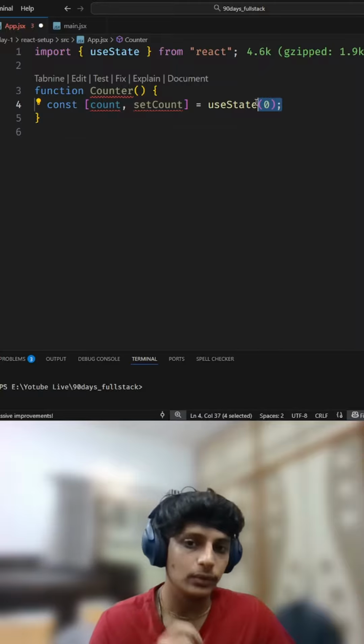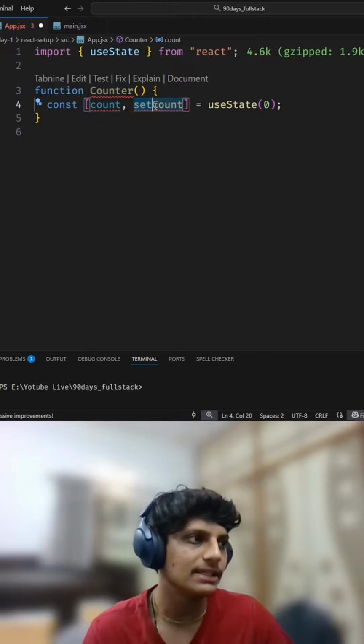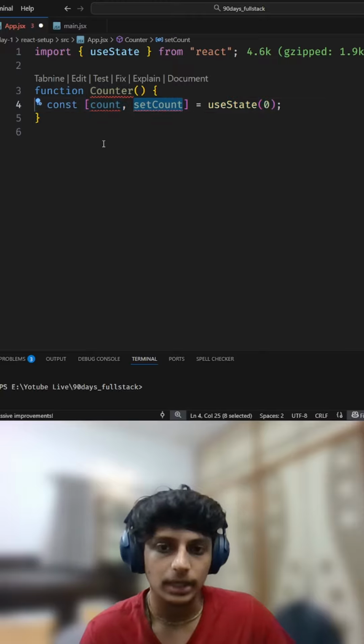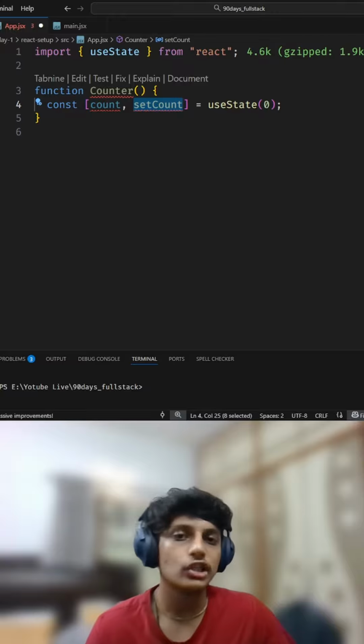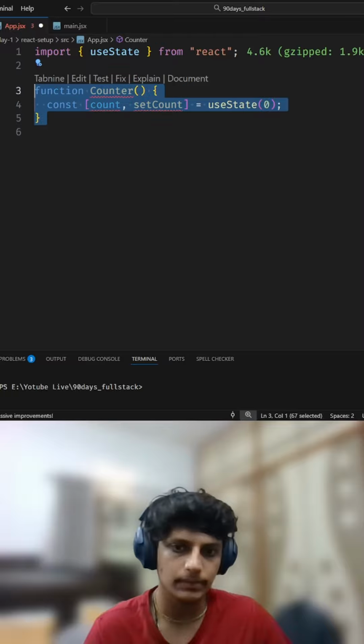It starts with the value of 0. It returns an array with two things. There are two things we have, count and setCount. This is a value and this is the setter variable. Okay. So the current value and a function to update the value. Now, whenever you call setCount, जब हम इस setCount को call करेंगे, जभी भी,